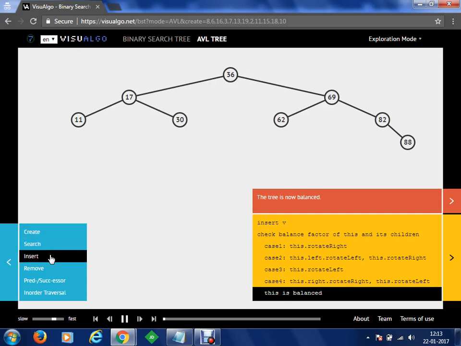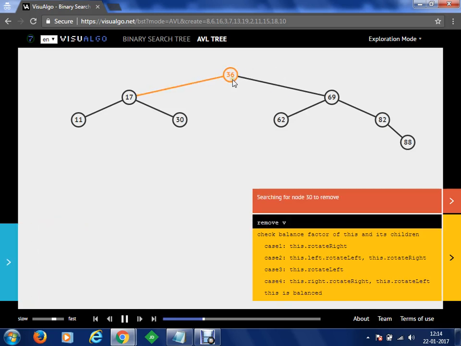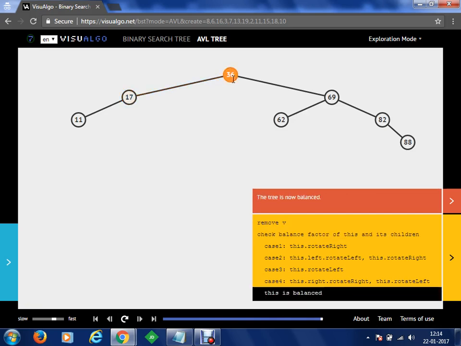Now what all can we do on this binary search tree? Let's say we have inserted some values and we understand how to insert a value into a binary search tree. Then we can remove some values. Let's say I would like to remove 30. So a basic search will be performed. The first node value will be checked and compared, whether the value you are searching for is greater than 36 or smaller than 36. Once we have found that it is smaller than 36, we'll traverse towards the left child. We'll do that computation, and finally, if the value is found, then we are going to delete it. Clear? Now, let me slow the transitions down a little.